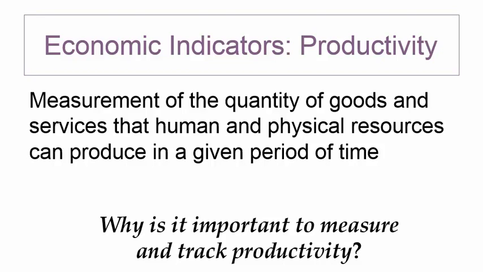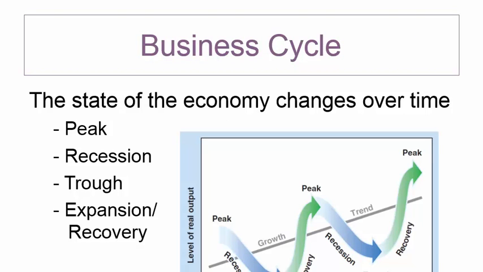And we want to see if we can provide less resources and still produce the same amount of goods. That's considered productivity. And obviously this is important because the more productive we are, the faster the growth in the economy, right? Okay. So you come over, and this is the business cycle, and we have a peak. We have a peak here, and then we go into recession, and then we see that we have a trough. That's the low point here, and then we start to go into